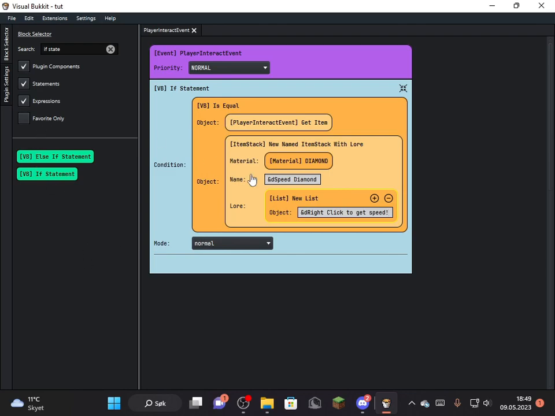So if they right click an item named speed diamond with lore named right click to get speed,